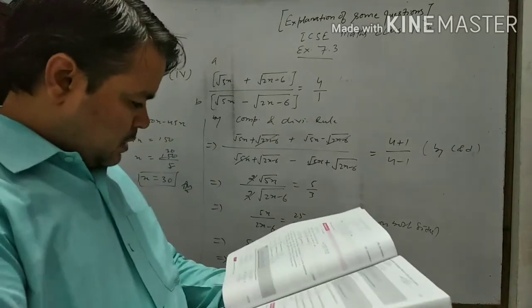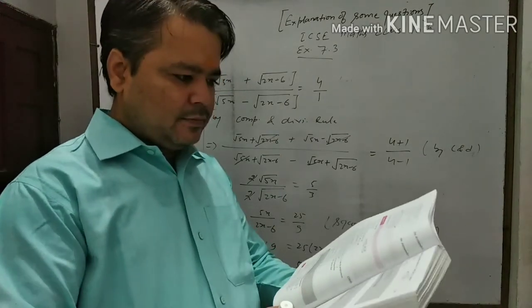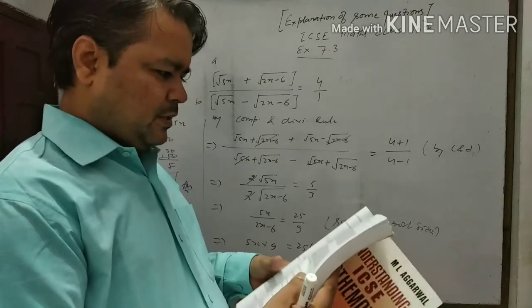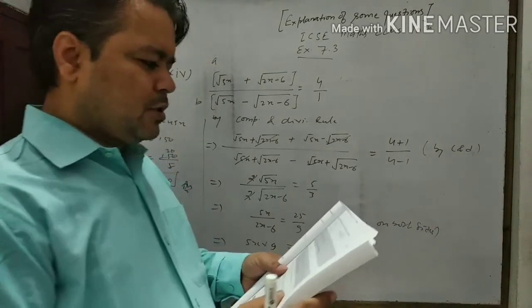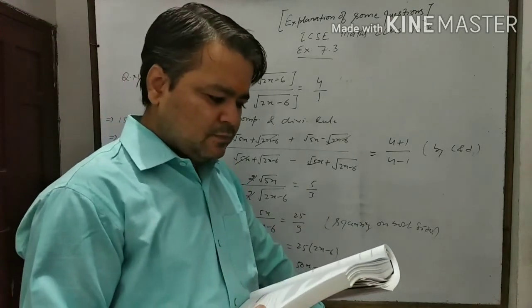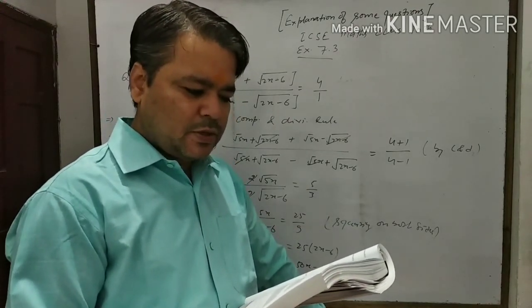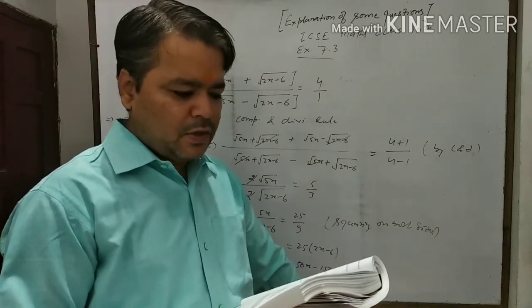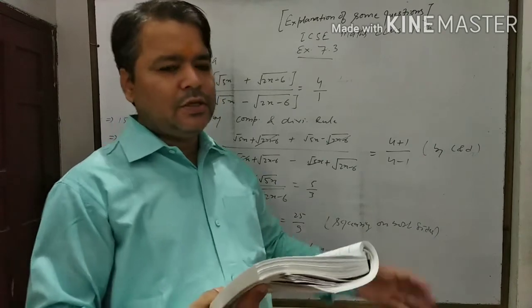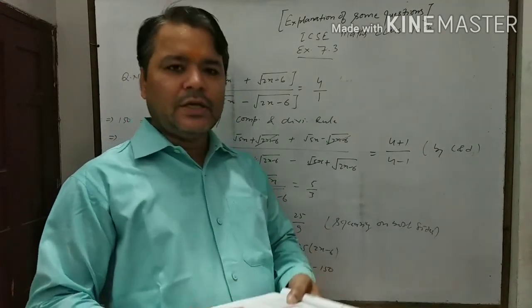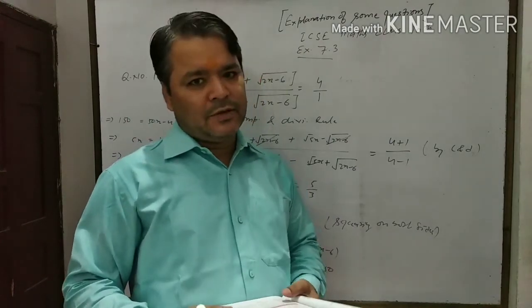Similarly, in all the questions of question 10, we use componendo and dividendo to find the value of x. Similarly, in question number 11, part 2, which was asked in 2018, that is (2x plus under root 4x square minus 1) upon (2x minus under root 4x square minus 1) is equal to 4. Again it will be 4 by 1. Using the componendo dividendo rule you can solve this, and some more questions are there. I will give the PDF of those questions.